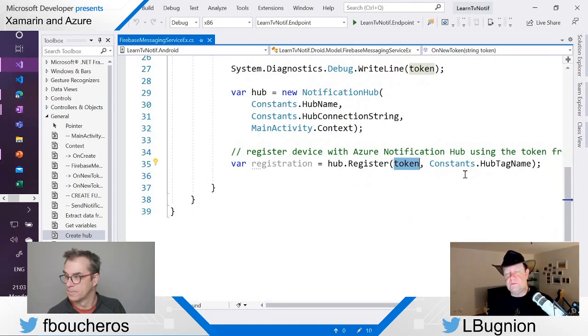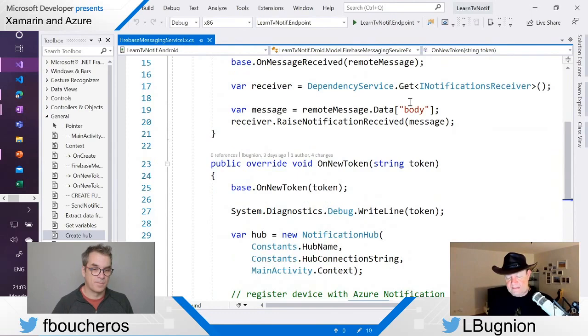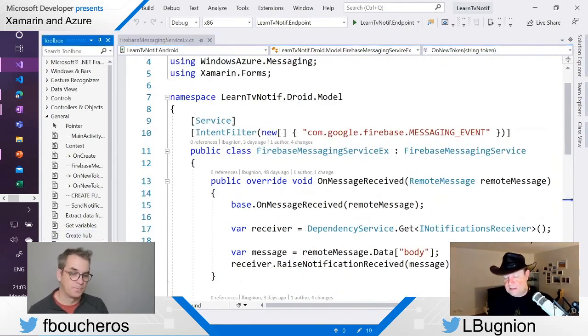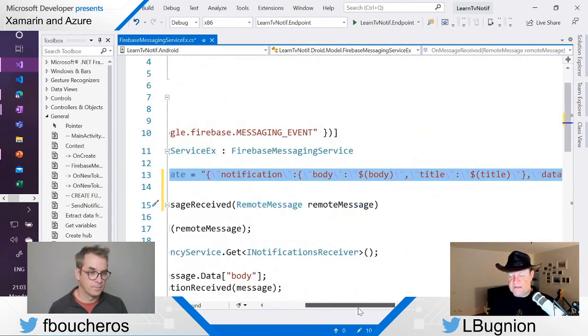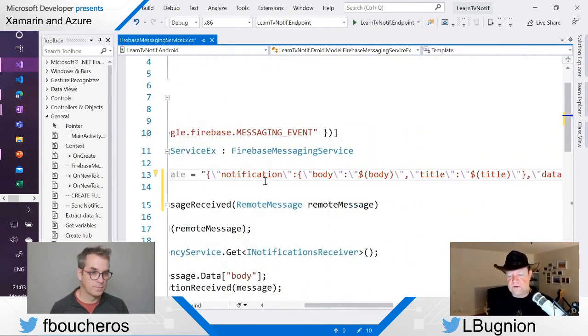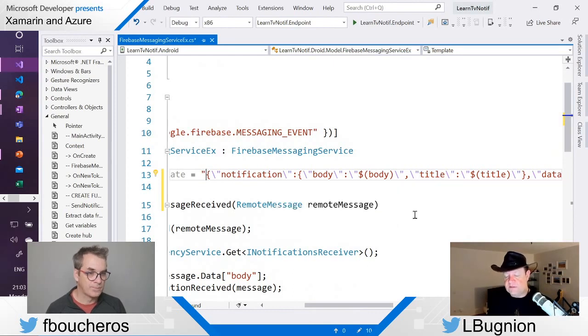So I'm going to register to the hub in a generic manner first, and then I'm going to ask also, by the way, when the push notification comes, I want to have it under that format. So let's add the template here. Now the template is going to be like that. It is some JSON. I just put the JSON on one string, on one line, but it's exactly the same as I showed before. We have the notification, and here notice,